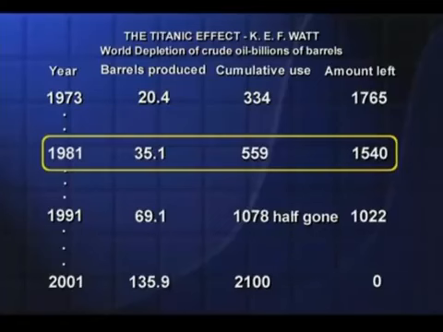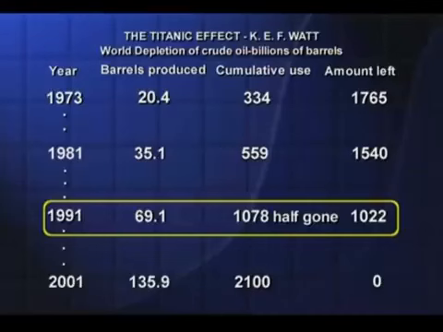By 1981, on the 7% curve, the total usage in all of history would add up to 500 billion barrels, the remaining reserves 1,500 billion. The reserves at that point are 3 times the total of all that have been used in all of history. That's an enormous reserve. But what time is it when the remaining reserve is 3 times the total of all you've used in all of history? And the answer is 2 minutes before 12. Well, we know for 7% growth, the doubling time is 10 years.